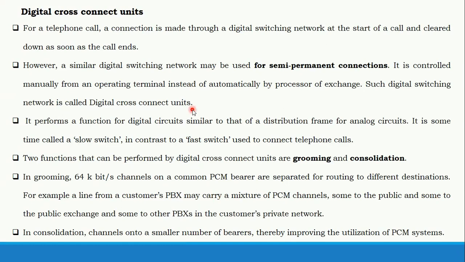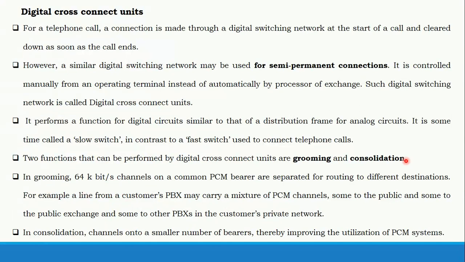And it may be having a separate function, either it can be working as a slow switch or fast switch, and some specific function. It has two specific functions. It is grooming and consolidation. If it is critical, you can remember multiplexing and demultiplexing, because at the generator end you need to multiplex the channels. That means we'll be having many to one and one to many. If you remember the television, you'll be having many channels. So whenever it is transmitted through a cable, you'll be having a single channel. That means one to many.